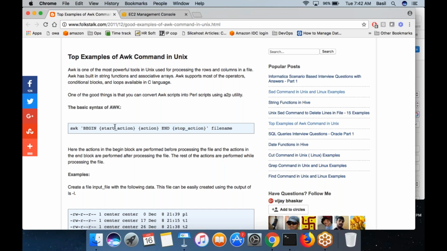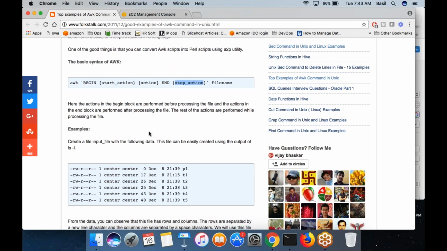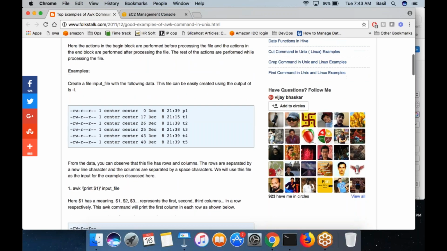So whatever you put in begin and end runs only once: begin at the beginning of the execution, end at the end of the execution, and whatever you write in the main action is executed for each record of the input string. It's completely optional. You don't need to put the begin and end sections everywhere.